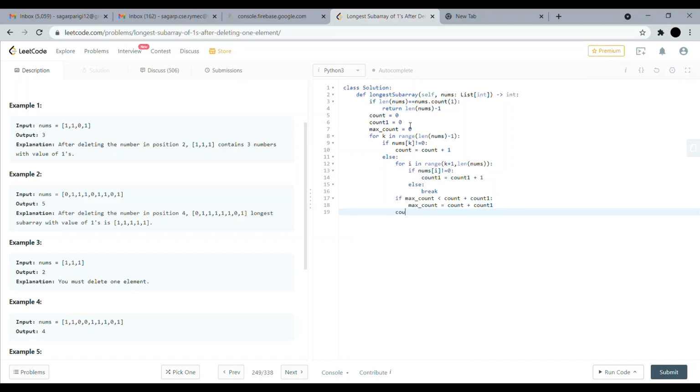Then I'll make count equal to 0, count 1 also equal to 0.